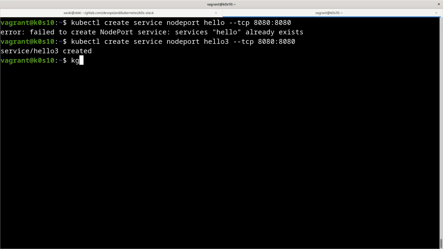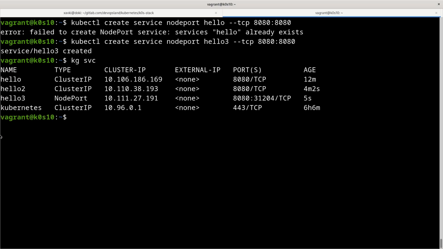And if I run kubectl get service again, we can check our service Hello3, and we can see here that we have another port, not only the 8080 like on the Hello or Hello2 service, but a mapping with another port, and this is a port exposed on the worker node and the external IP.